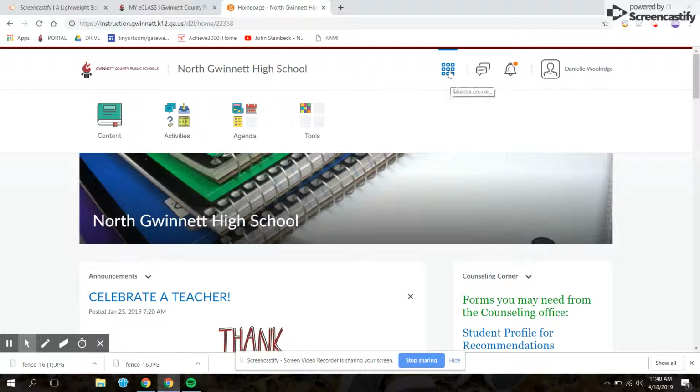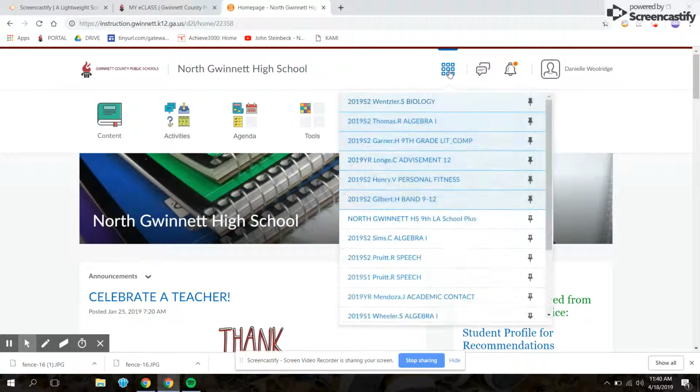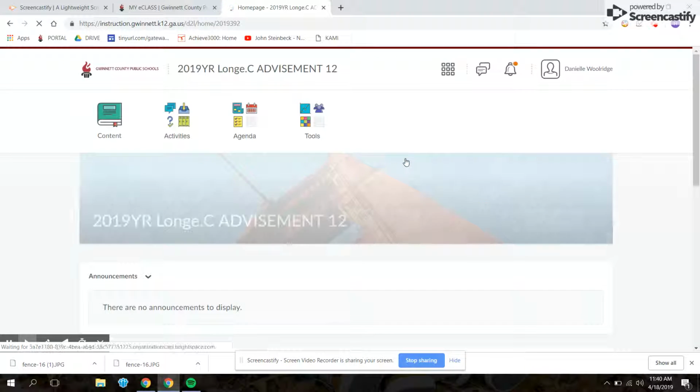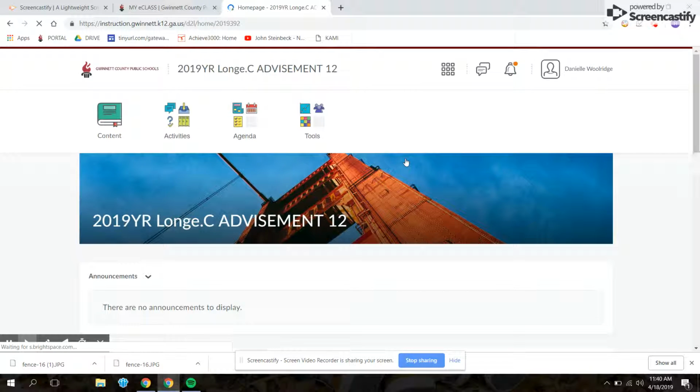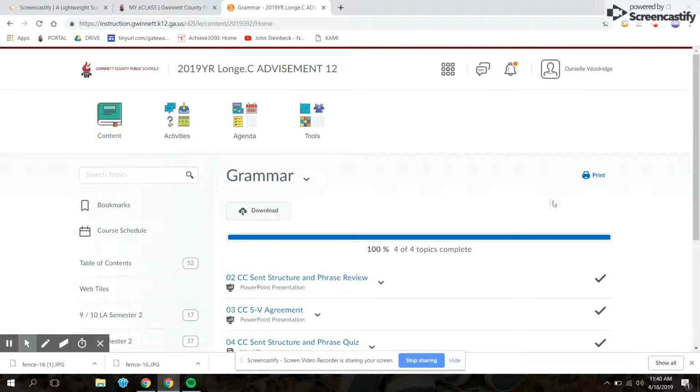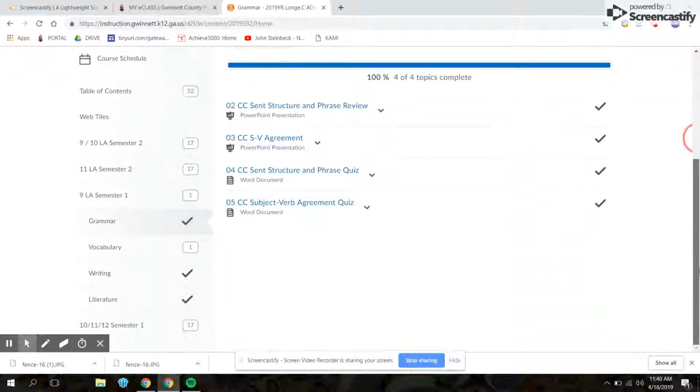Once that pops up, Danielle will go to the waffle, which is this 9-button icon here, and then go down to advisement because the credit recovery is during her advisement class. Once she clicks on advisement, she can go under content. And then under content, it has all of the reviews and quizzes that Danielle will need to take for the